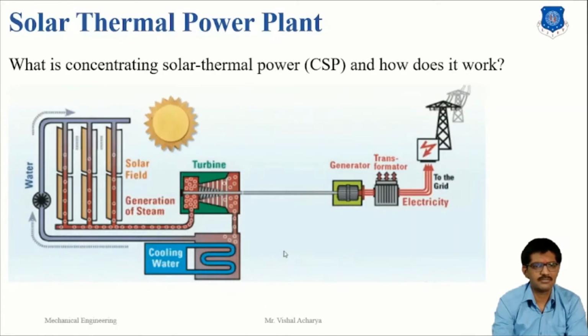First is the passive and second is the active system. But solar thermal power plants are considered an active system. These plants are designed to operate using only solar energy, but a plant can use fossil fuel combustion to supplement the output when needed. Here, what is concentrated solar thermal power plant technology and how does it work?